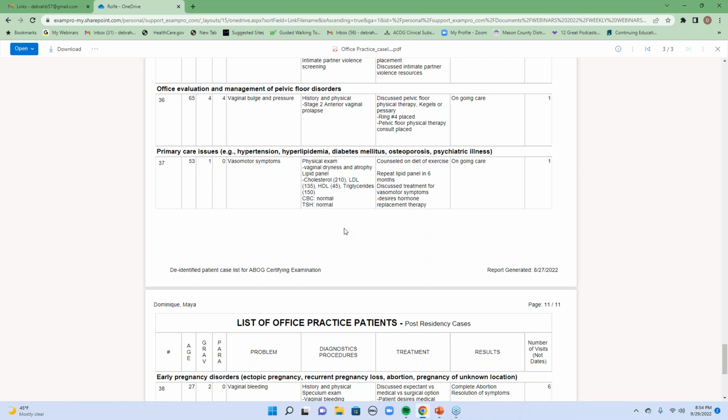I discussed with her to make sure that she wears layers of clothing, as well as stays away from hot foods, decreasing alcohol, caffeine. Those particular things could potentially support with her symptoms. And there are other non-hormonal options, such as an SSRI, specifically paroxetine, that has been shown to support with vasomotor symptoms. Okay, so